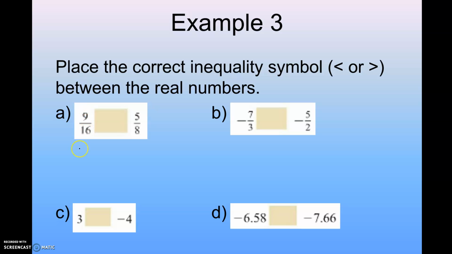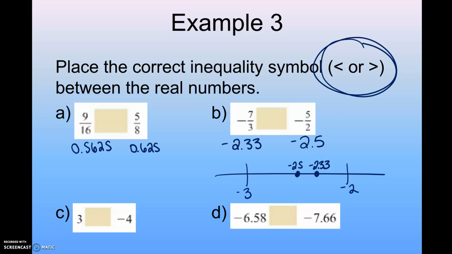Take 9 divided by 16, get the decimal. 5 divided by 8, get the decimal, and then compare. Take a moment, compare A, B, C, and D. Write the symbol in there. All right, here are the fractions. So in A,